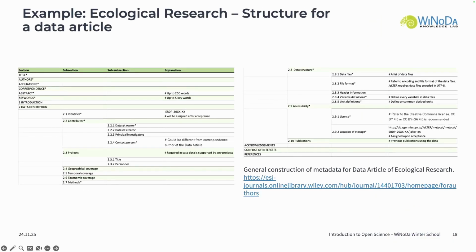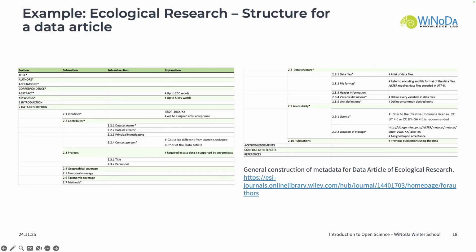Here's an example for the second one, for ecological research. And I chose this one because I think it has a quite good and interesting proposal for the structure of a data paper. You can see what you have to put in there. Of course, there's the usual metadata, so title, authors, abstract, keywords. And then in the data description, it's quite detailed how the data paper should be structured, what information should be included,